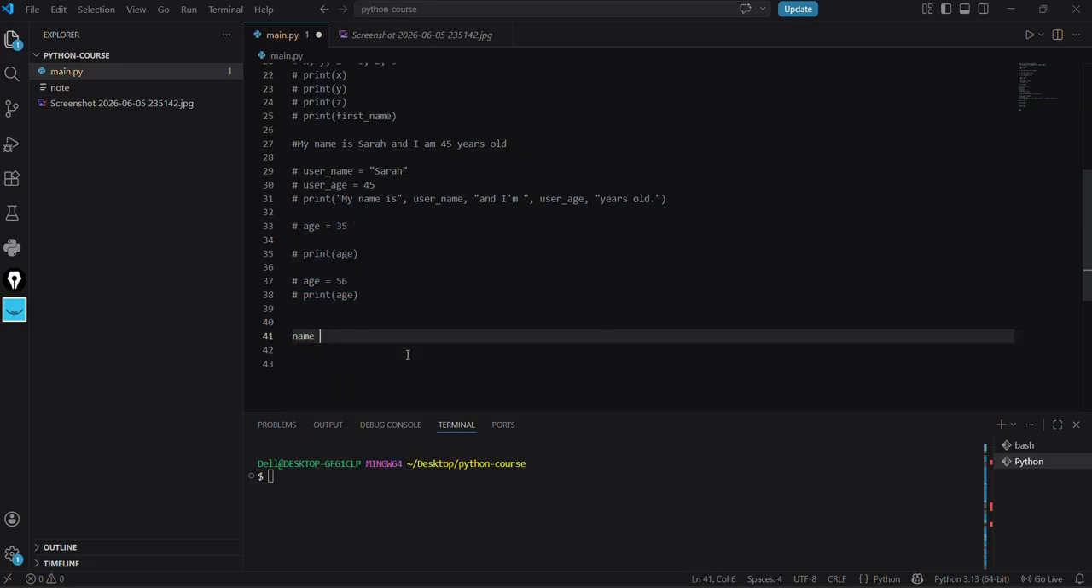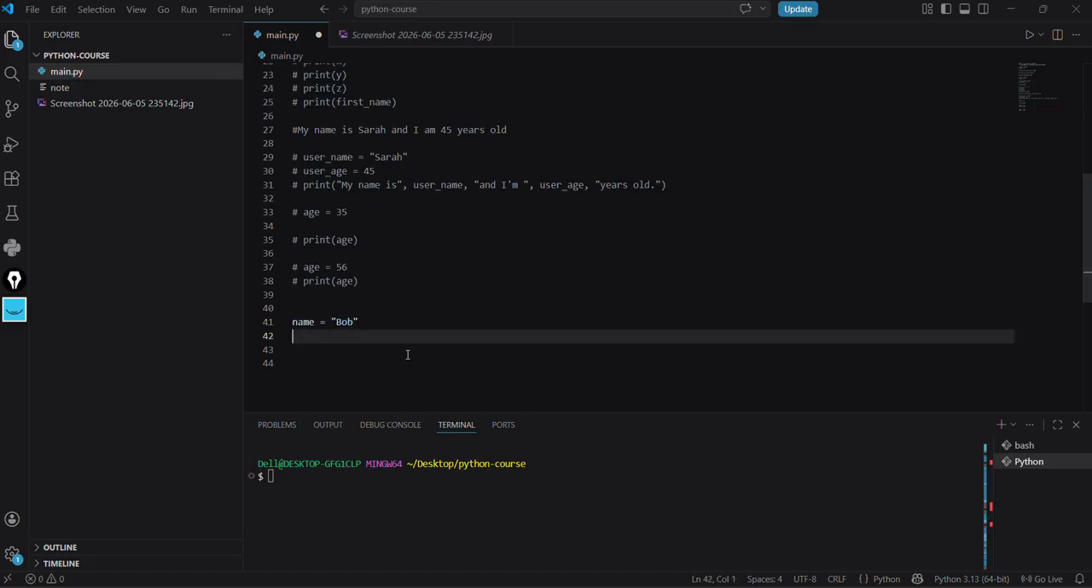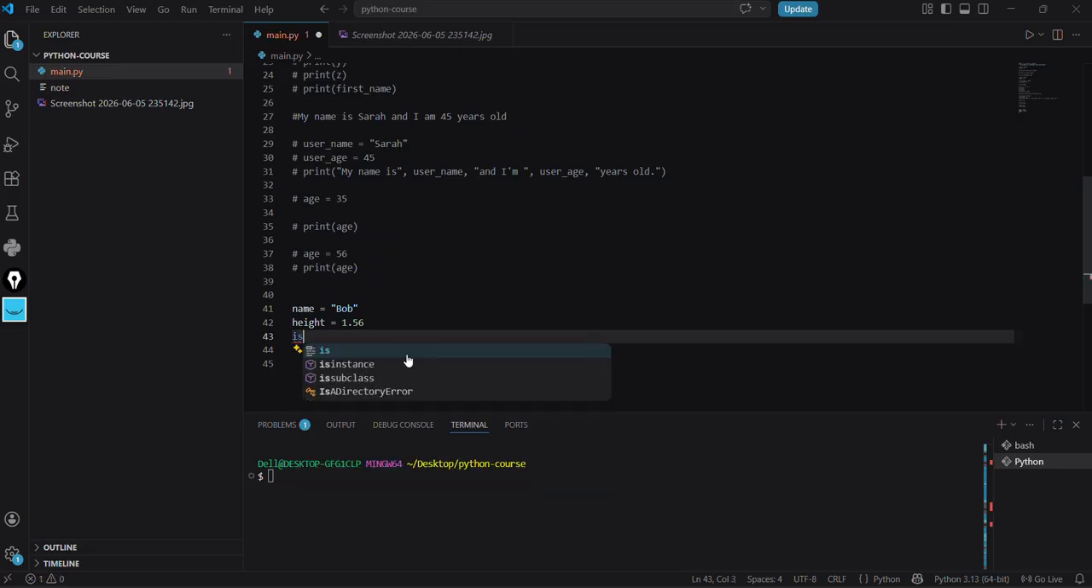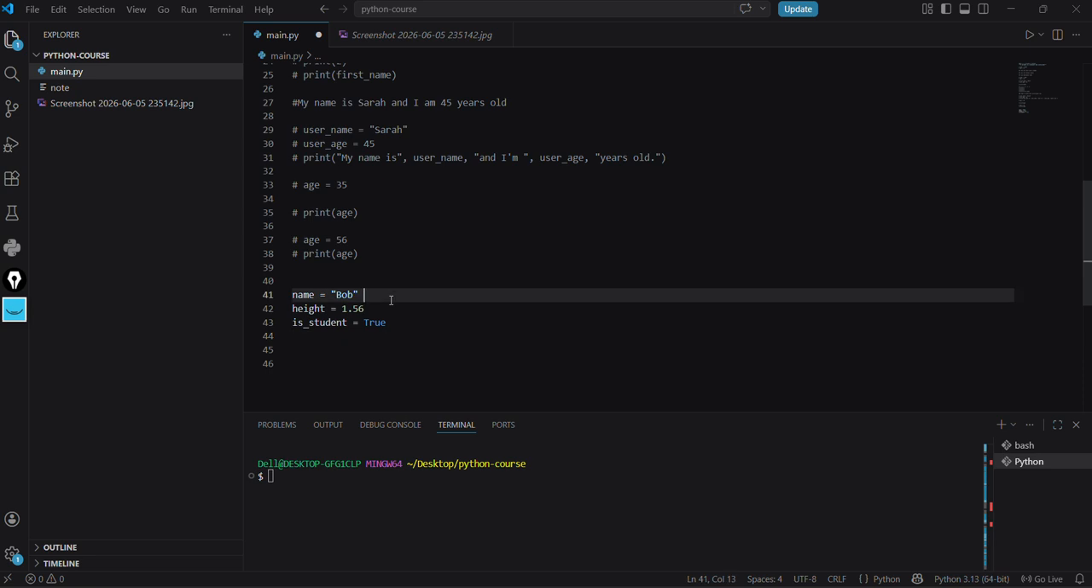So we can have a name equal like Bob, you see? And then we can have height of Bob equal 175, let's say 156. And then we can say, is Bob a student? We can say true. So the first variable stores a string, right? This is a string. The second variable stores like